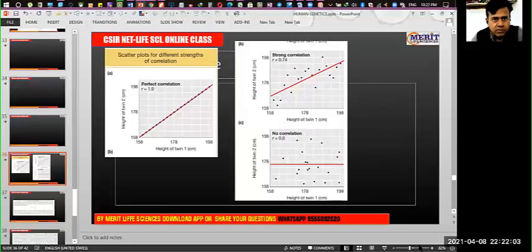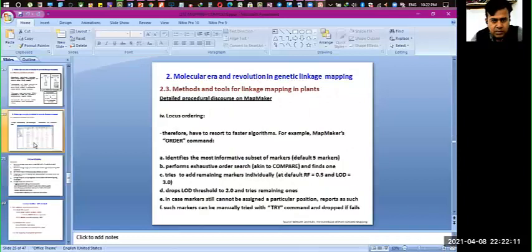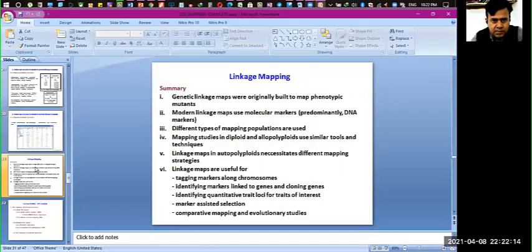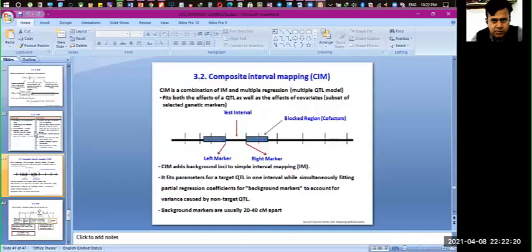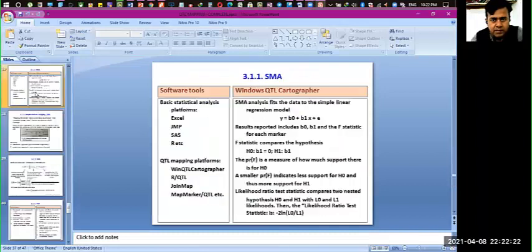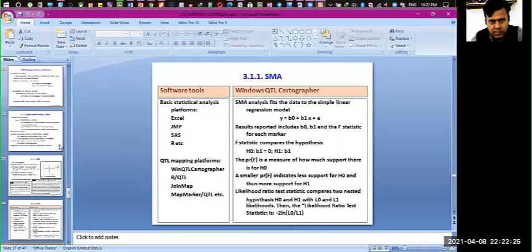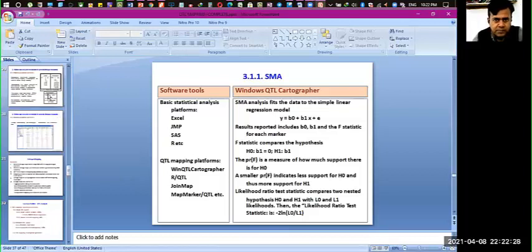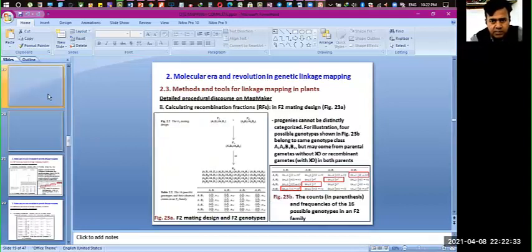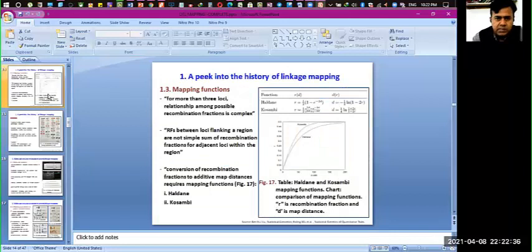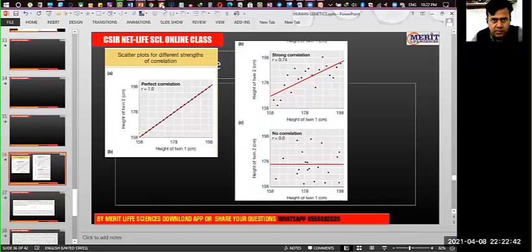So tomorrow I am going to discuss with you all these formula calculations about the LOD score and mapping projects, linkage mapping, and how you are going to apply your knowledge of mean, mode, median, and then different types of QTL, different types of software. This is quite advanced, but I will keep it brief according to your requirement. So just read about the LOD score, then it will be easy to understand tomorrow.